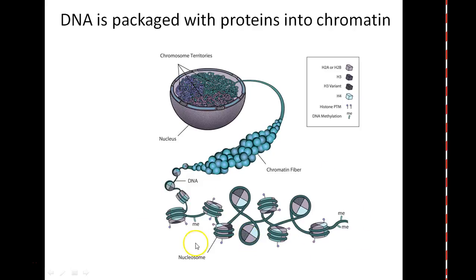Here at the very basic level of organization, we have DNA that is packed, so it's wrapping around those circles, and we'll talk about the details of this process in a little bit. But at this level, the very basic level of chromatin organization, those are nucleosomes. Those individual units are called nucleosomes. DNA wraps around the histone octamer, those are histone proteins,